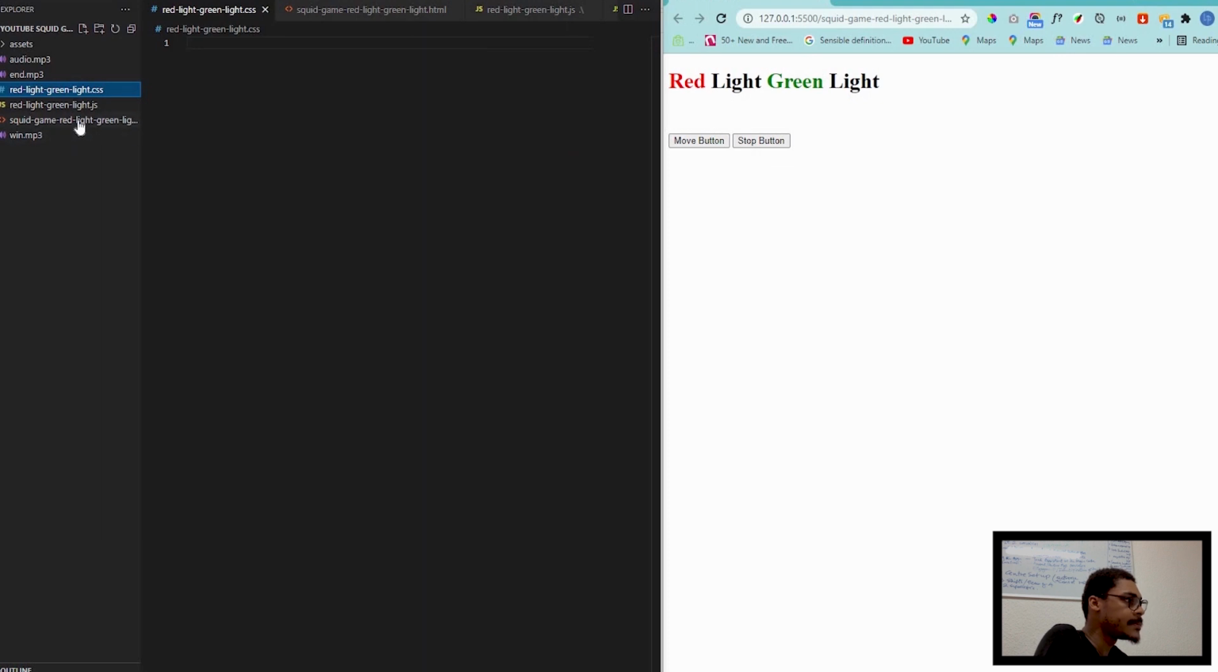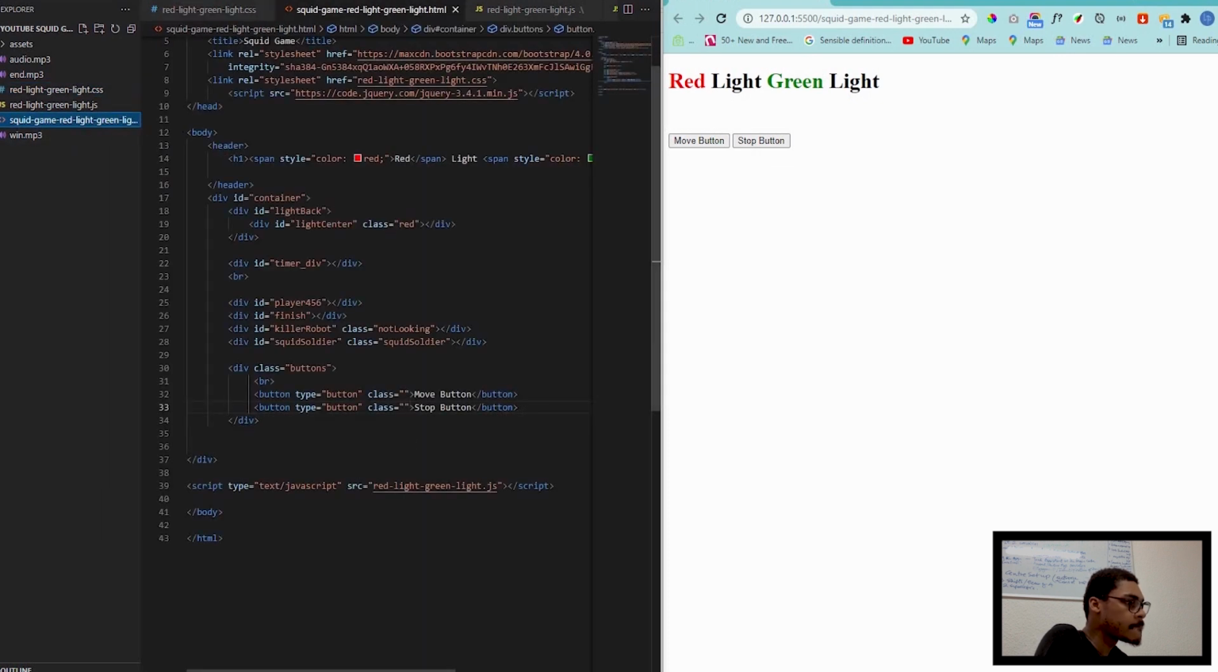Okay. And these buttons will be given btn, which is the Bootstrap class. They will also be given btn-success. Now btn-success basically makes the button green, which will be moving in the green light. So I think that makes sense. Get rid of this space right here, and then we will also be creating